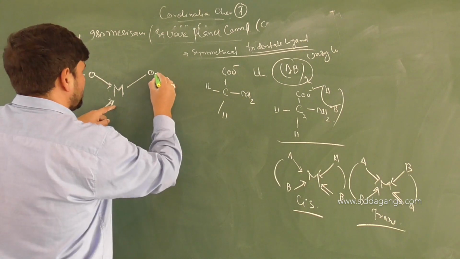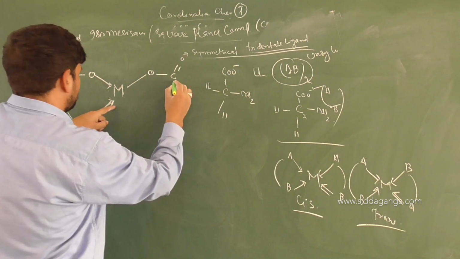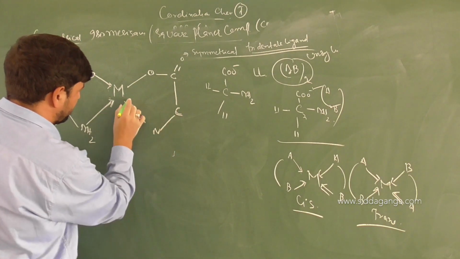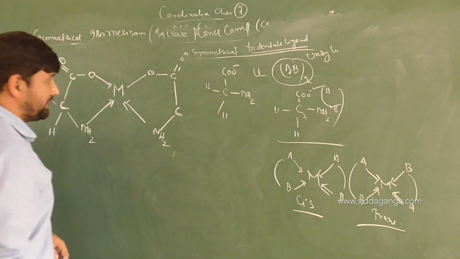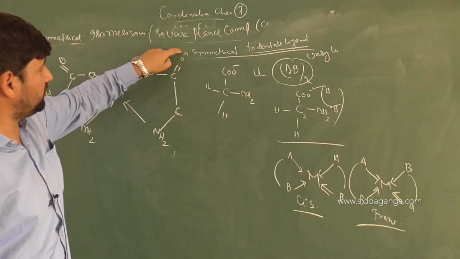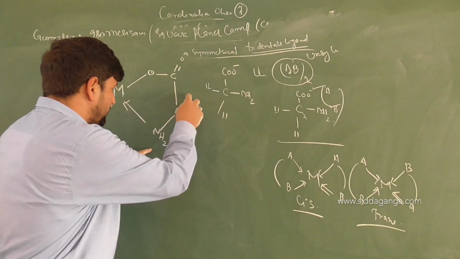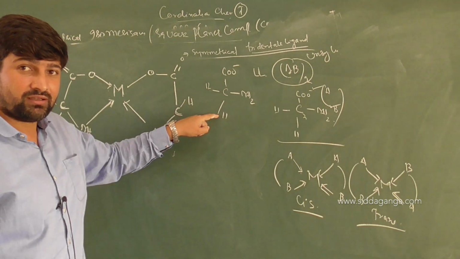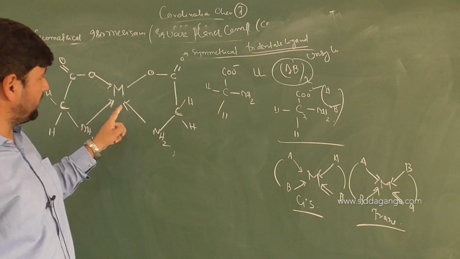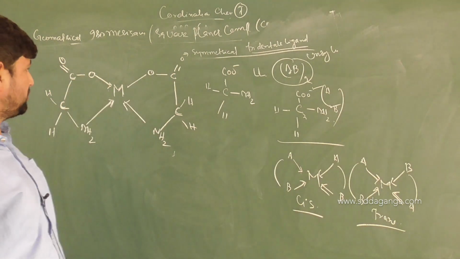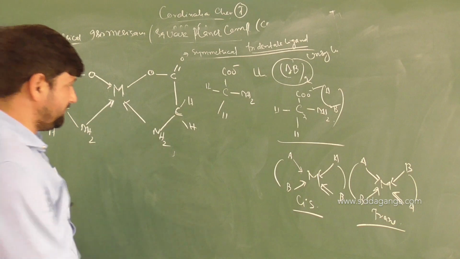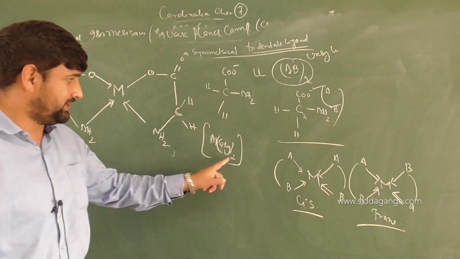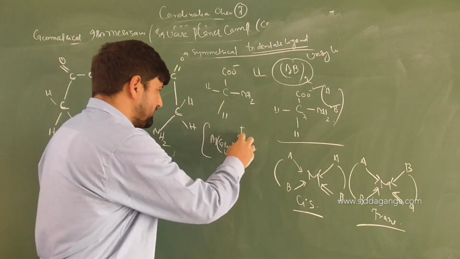Other side again the same way. We'll have oxygen. What will you have? Carbon double bond O. Then one more carbon, that will go to nitrogen. Nitrogen is donating electrons to the metal atom, and with nitrogen, 2 hydrogens. Have a look. COO, COO, then C, which has 2 hydrogens with it. HH. I said glycine is an unsymmetrical ligand. It is NH2 N donating the electron pair to the metal atom. So the charge here is glycinato. So what will be the name of the complex if you write it out? It will be M glycinato twice, bracket closes. The complex will have a plus or minus n charge.